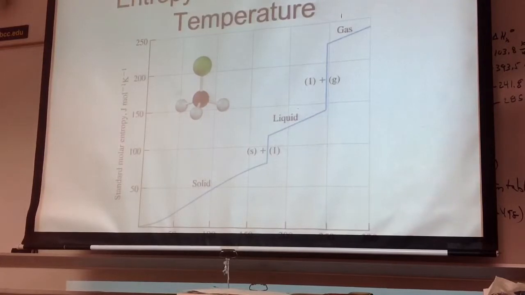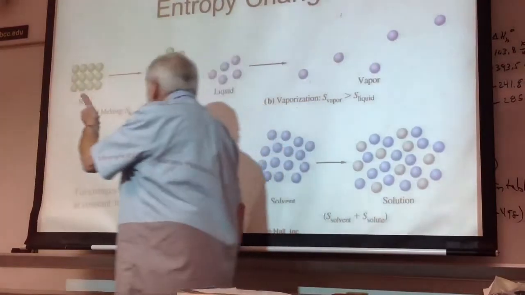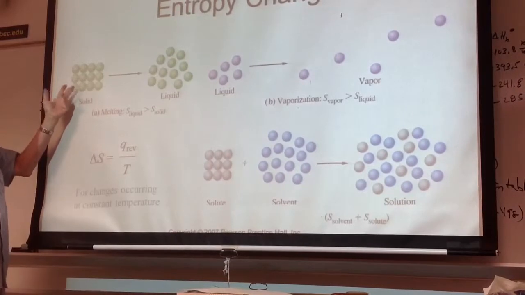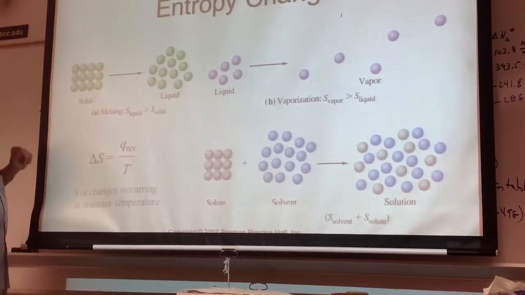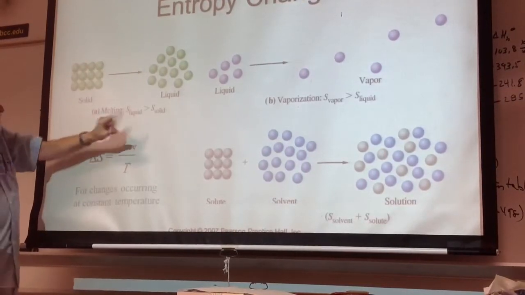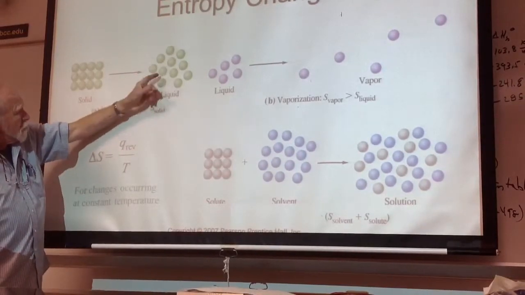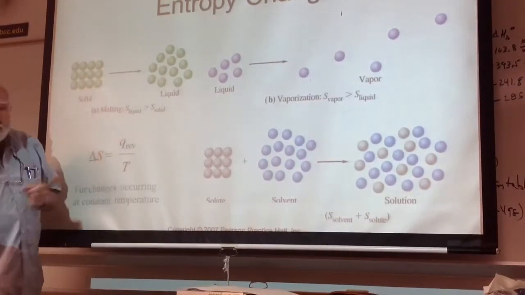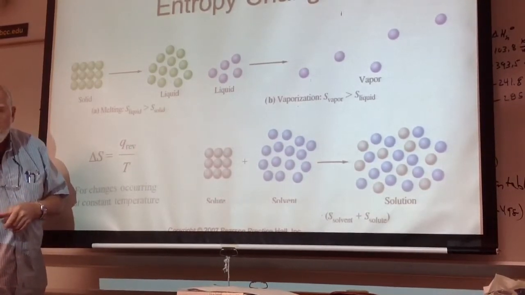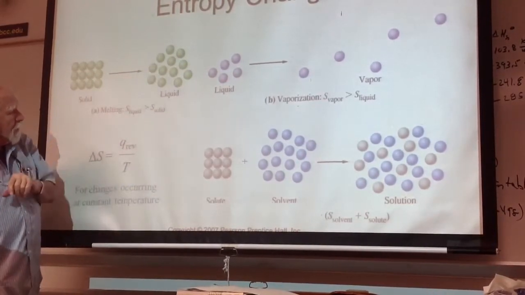I'm going to go back to the other slide. Here's the solid state. Particles are all organized, they're vibrating. That's why the entropy keeps increasing, because the vibrations, as I did with that 4-particle thing, just keep adding up and they're jiggling more and more. But eventually, when you get to the melting point, there's all sorts of random distribution. They break apart. They're no longer organized in a nice crystalline lattice. That's a big jump in the entropy change. Okay, or a big jump in the absolute entropy, which means a large number for the entropy change.